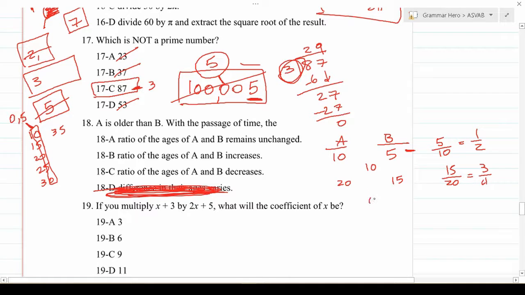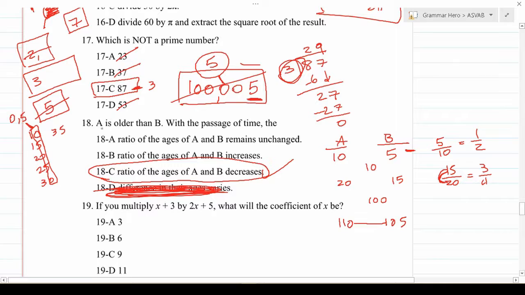We can see that as more time goes by, these numbers get closer and closer to each other in terms of their ratios. So we know the ratio between them is going to be decreasing. Let's say 100 years goes by. That's going to be 110 to 105. And again, you can see that they just keep getting closer and closer. So this is going to be